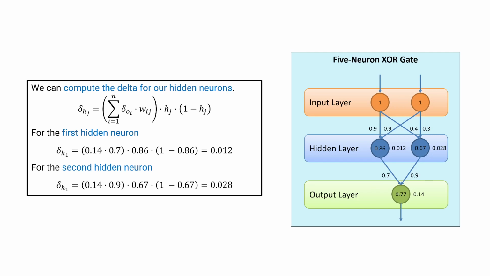Then what are these values? These values are just used to compute the contributions made by these weights to the overall loss or error up at the top. And one thing you might notice here is that the delta values that are computed on this hidden layer are actually quite a bit less than the ones that were computed on the output layer. This can be common, which means it takes longer for the error to propagate back,